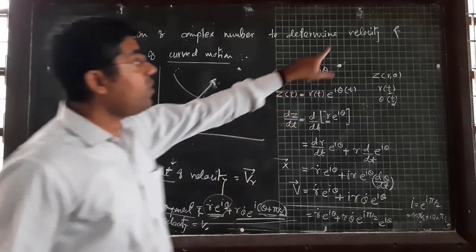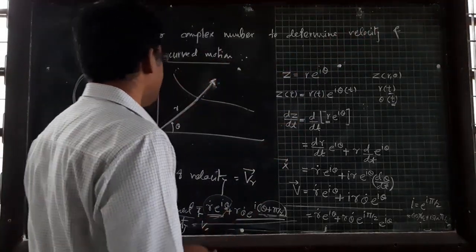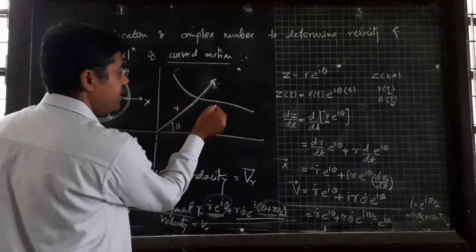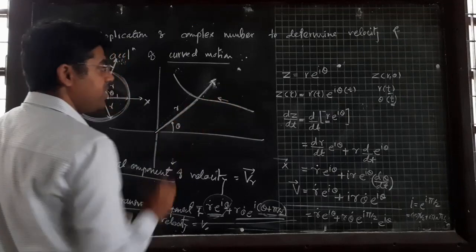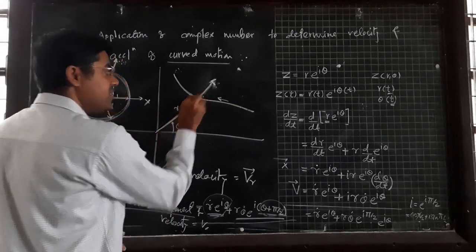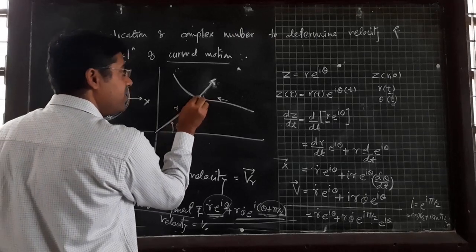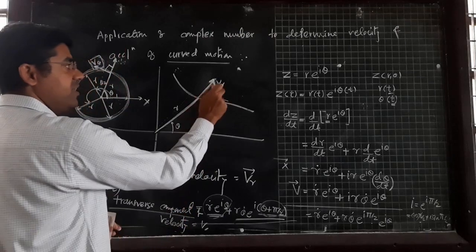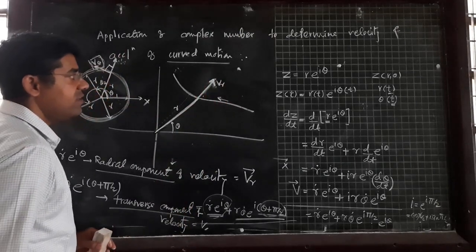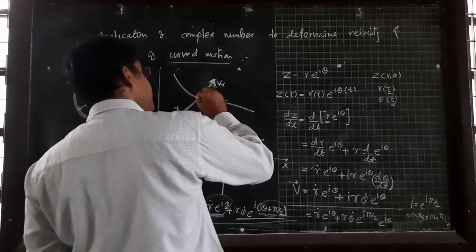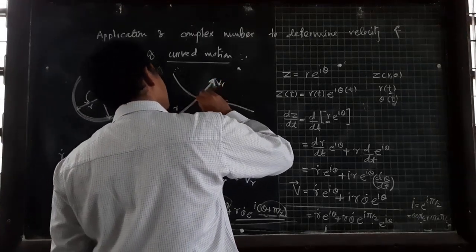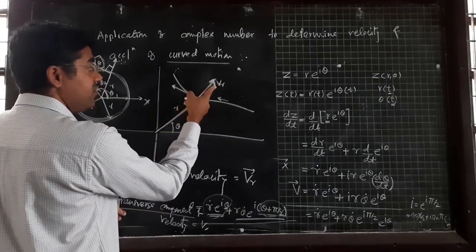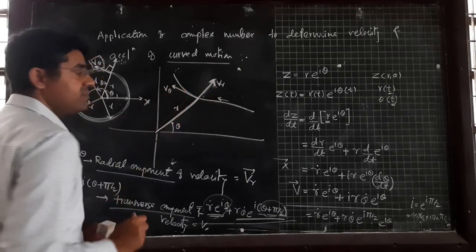But I want to find out what? Velocity in the curved motion. So this is your curved path. It is very interesting if you look here. Your object is moving in this particular direction. Your theta will be here somewhere. So in this particular direction, this is my Vr component. I have taken, suppose, a magnitude of that. Now where is this component? Here. Which component? The one perpendicular to your Vr. So this is my v theta component.